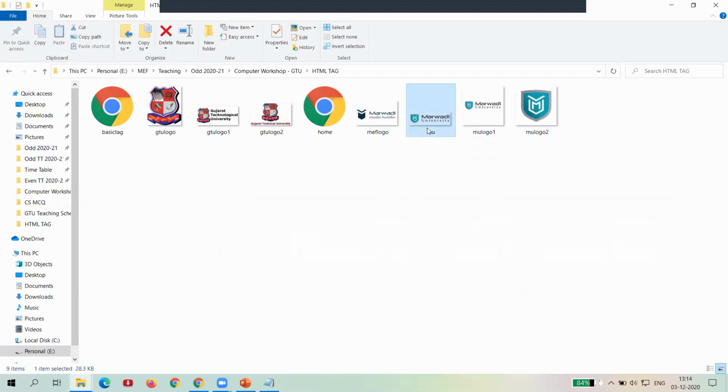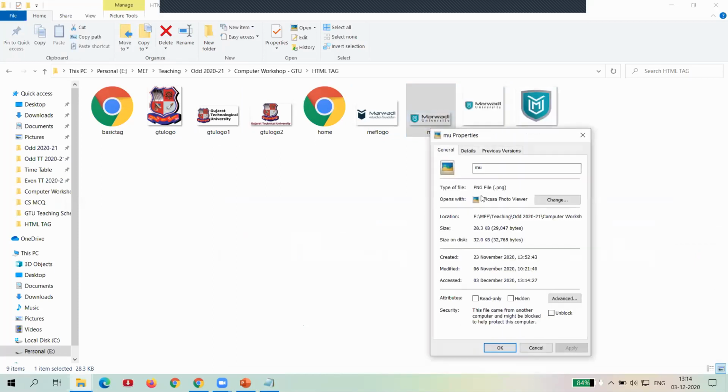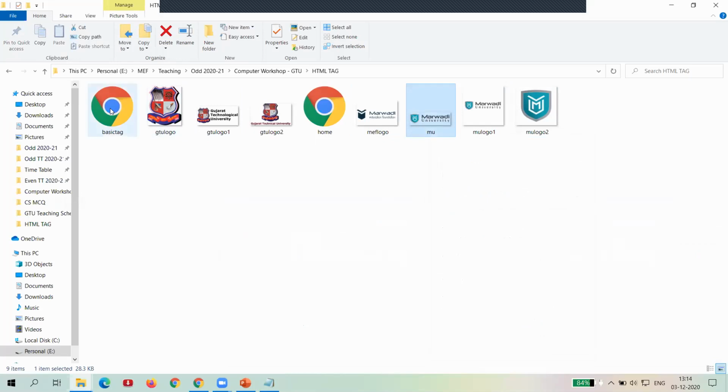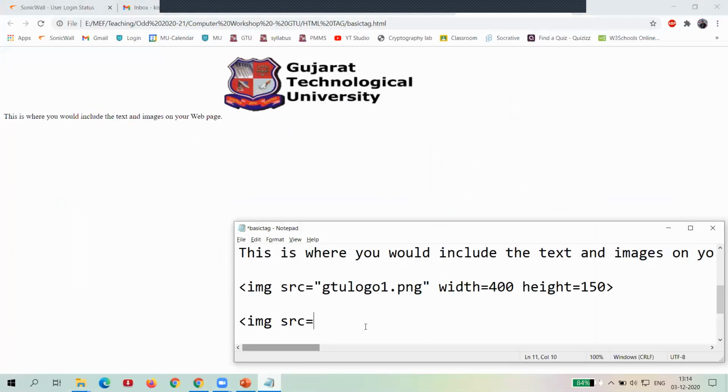So first of all, I have to check that property, that is the file name MU and extension that is png. And it's already available in the same location. Here I have written down image src, file name with that extension.